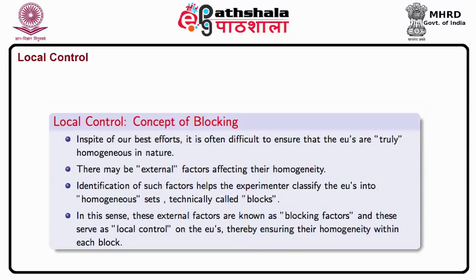Sagorika, in this context, do you recall that when we took up one of the problems in the earlier module, we said there are 33 fields? Yes, sir. Then those are located in 7 different regions. Yes, sir. So there was a regional variation that forced heterogeneity in the experimental units setting to start with. That's the kind of thing we are talking about. Yes, sir. Your bullet number 2 precisely says about that.